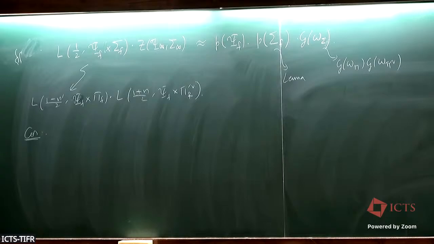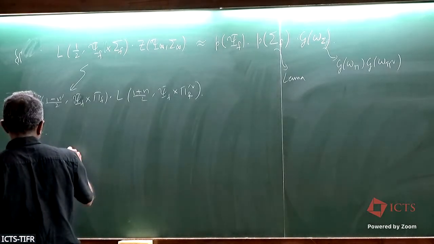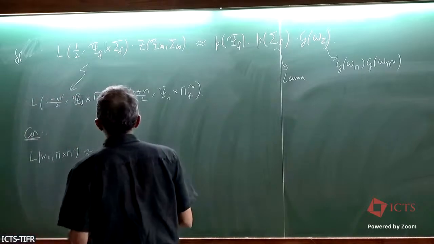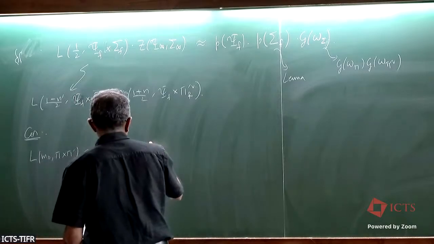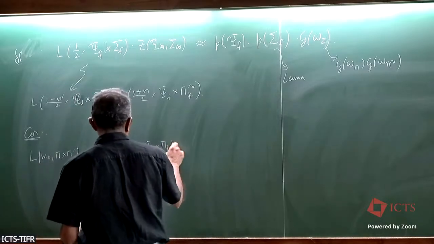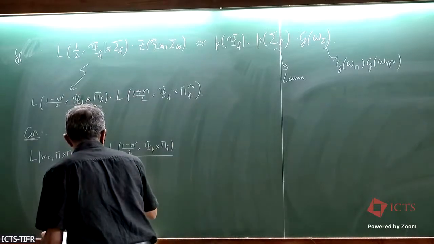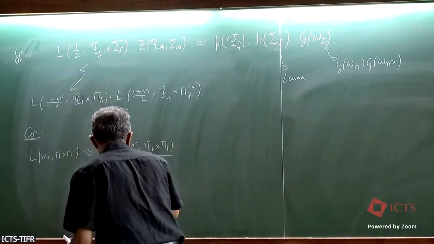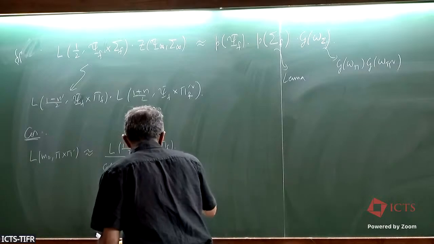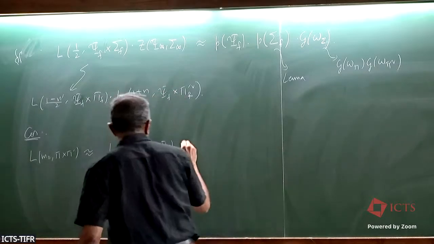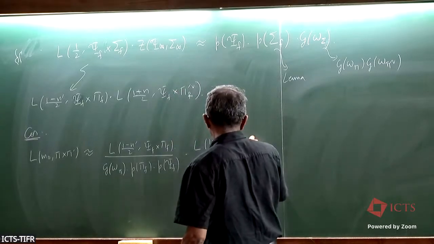So one would get that the value at M0 of pi cross pi prime is the value at 1 minus n prime by 2 of psi f cross pi f divided by, collecting terms, the Gauss sum of the central character of pi, the period of pi f, and the period of psi f, which I just absorb into this term, times the L value at 1 plus n by 2 of psi f cross pi prime check,